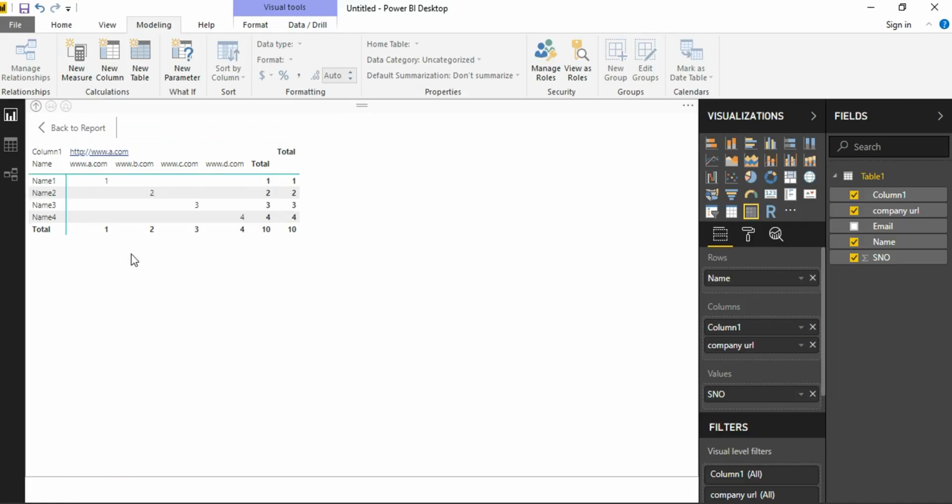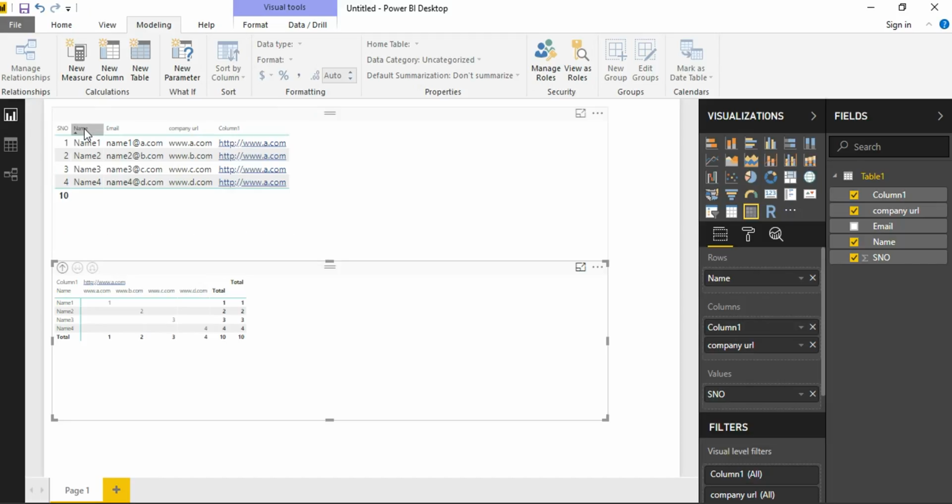As I focus on this, I can understand that my company URL is still being displayed as text here, while my column 1 is getting displayed as a hyperlink. And as you can see here, my name is being displayed as a row. This cross tab doesn't make much sense, but just for display purposes, this dataset seems to be enough. That's all in this part of the